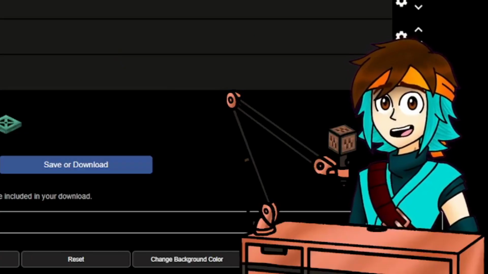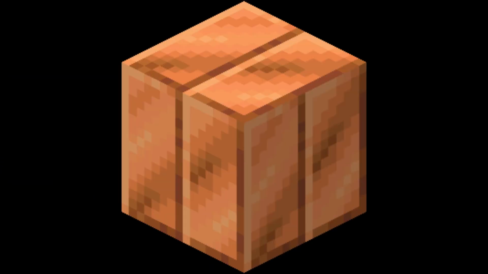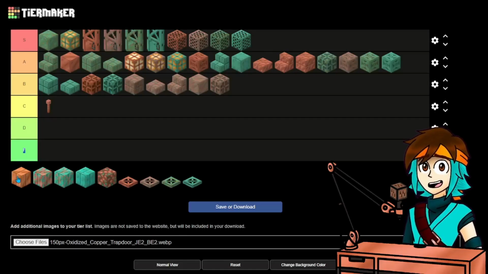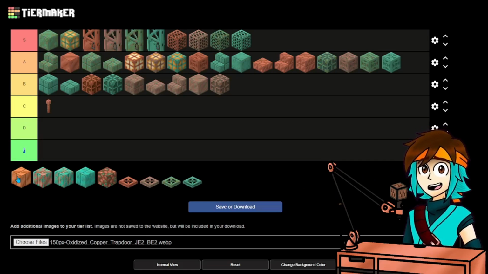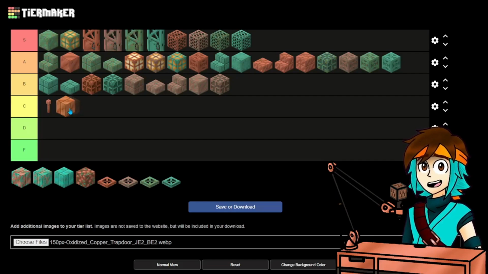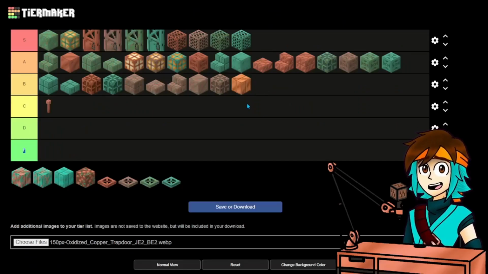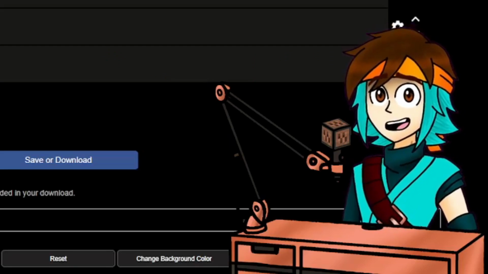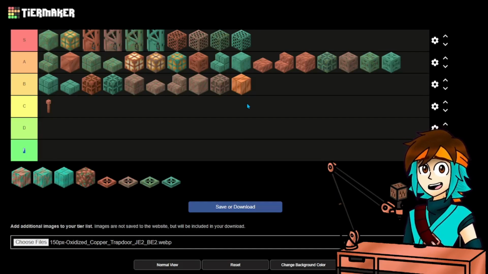Now, these next entries are rather interesting because this is how the copper block was supposed to look before they were officially added. So this is the beta copper block, which is a little bit brighter. It's actually the brightest block on this list. Yes, including the copper bulbs. Take a look at the copper on these. I'll put this on low B because while it's good, I'll say that, it doesn't really fit the vibe of the rest of the copper